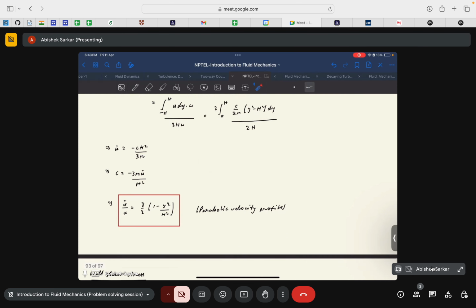And there's one more thing that you can find out, that is the ratio of the average velocity over the